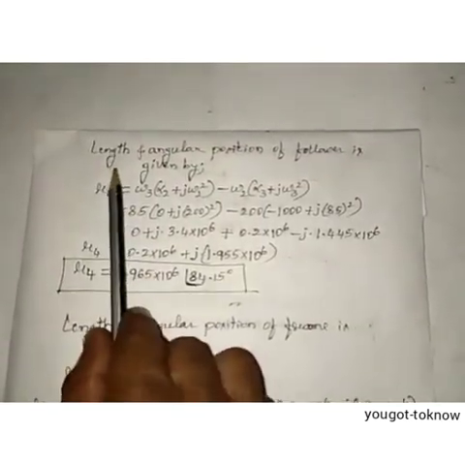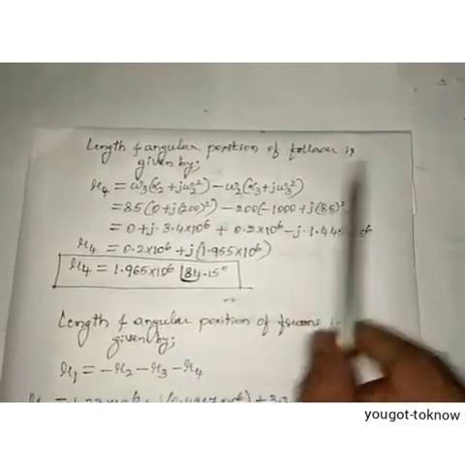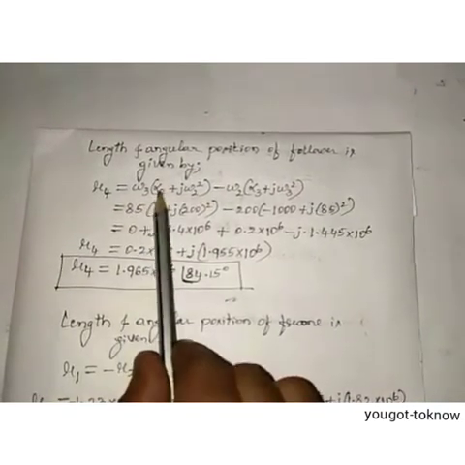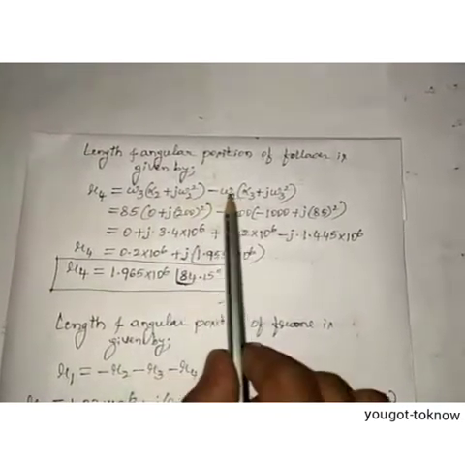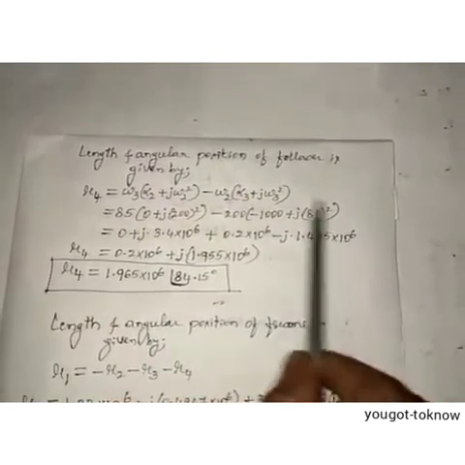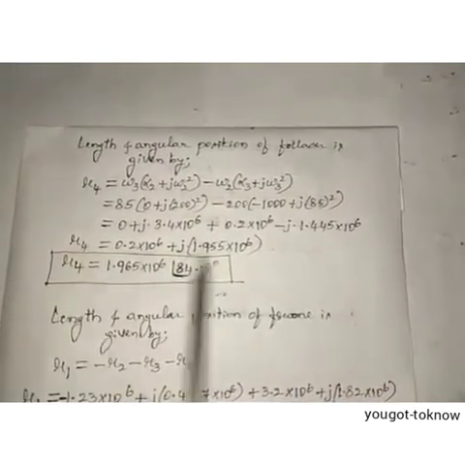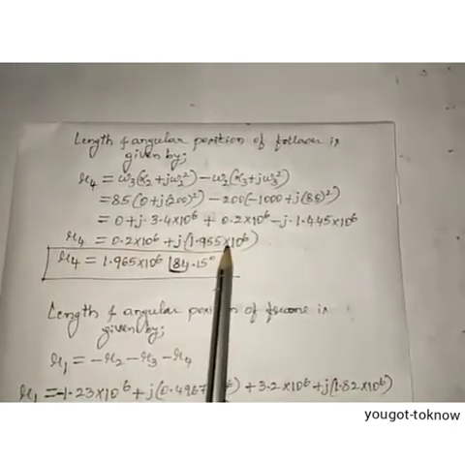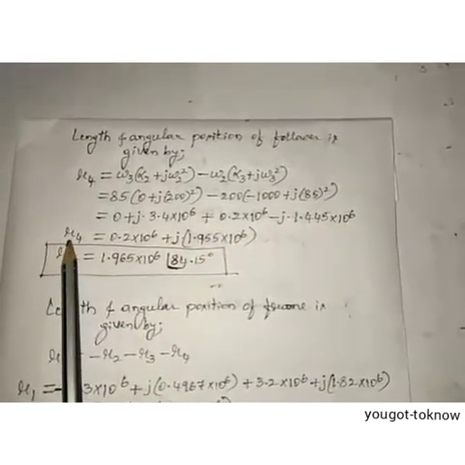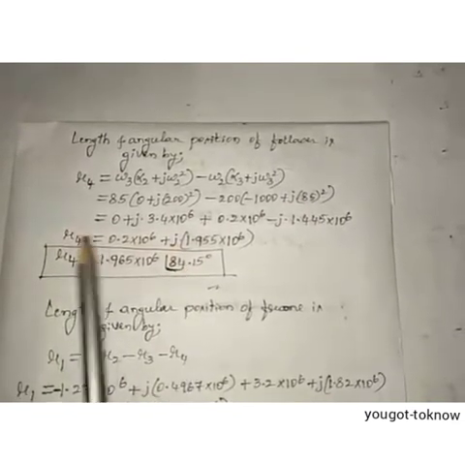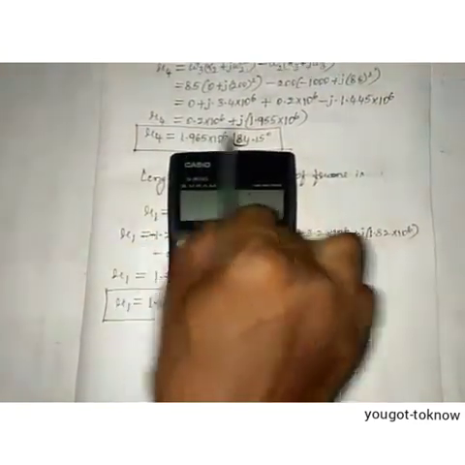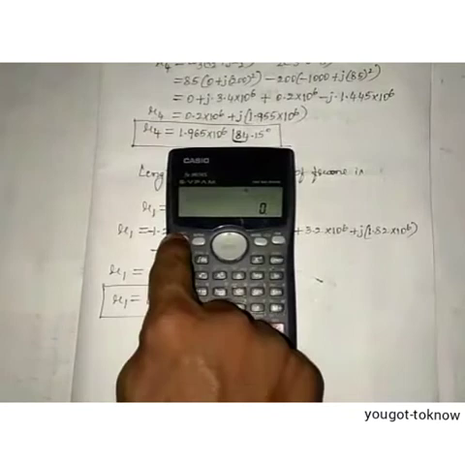Next, the length and angular position of the follower. So this is the equation. Here, substitute the omega 3, alpha 2, omega 2 values, omega 2, alpha 3, omega 3 values, simplify the terms, and finally keep the R4 equation in terms of real and imaginary terms. Further, to find the actual length of R4 and angular position of R4 using the calculator, to simplify this equation, press